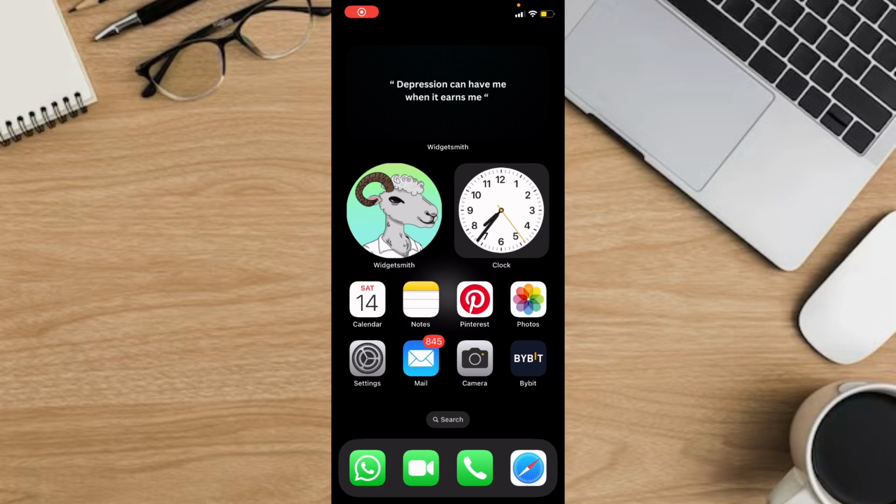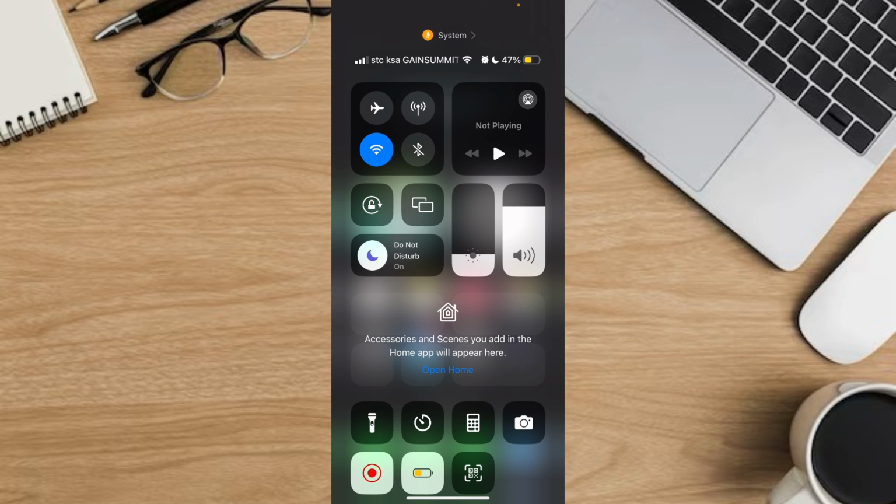How to fix iCloud settings grayed out on iPhone. One of the ways to fix that problem is by checking your internet connection, right? Make sure that you use strong Wi-Fi or cellular data. And basically, what you're gonna do next,